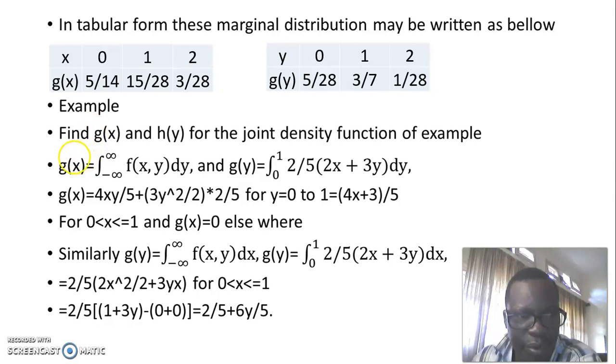Another example. Find g(x) and h(y) for the joint distribution function of the example above. So our marginal distribution of x, as we shared before, is